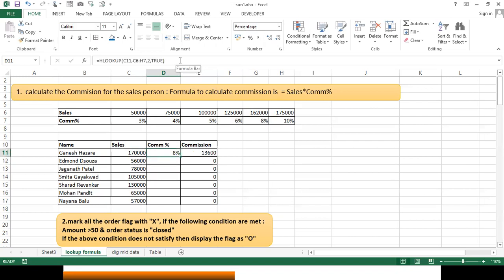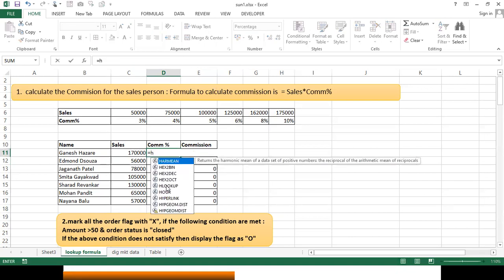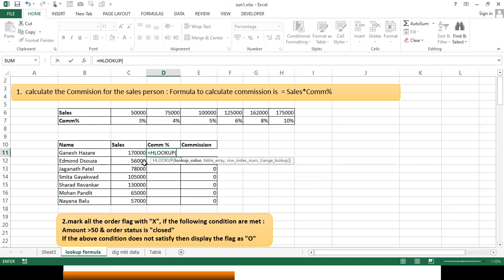I repeat what I've done: equals HLOOKUP, take the reference of the sales, how much Ganesh Hazare has done, comma, highlight the table, comma, second row it is, comma, approximate match. Close the bracket, press enter.